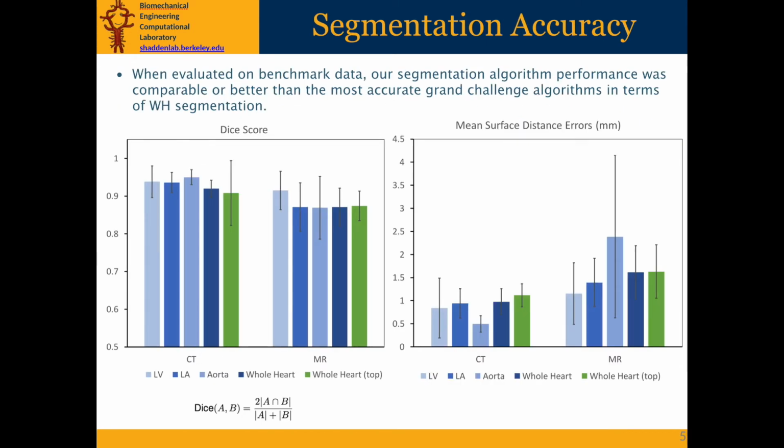We evaluated the accuracy of our segmentation model by comparing the predicted segmentation with the ground truth. The bar plots show the segmentation accuracy in terms of dice score and the surface distance errors. The dice score ranges from 0 to 1, with 1 being 100% correct. Within each plot, we compare the segmentation accuracy of left ventricle, left atrium, aorta, and whole heart for both CT and MR images, and compared our whole heart segmentation in dark blue with that of a recent state-of-the-art segmentation technique